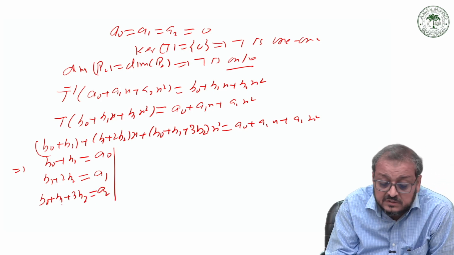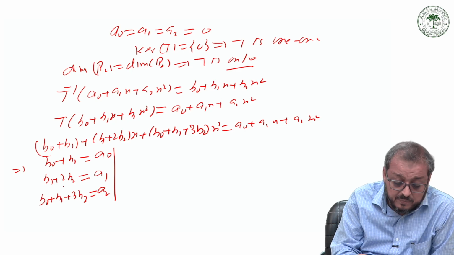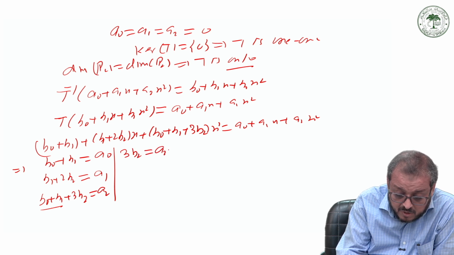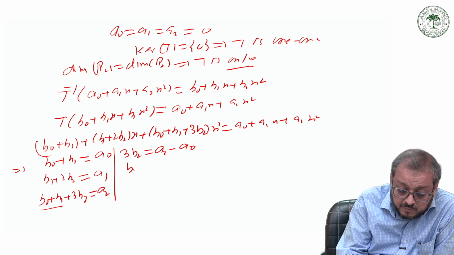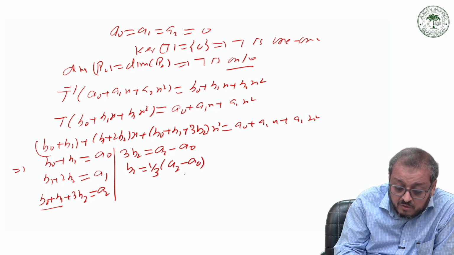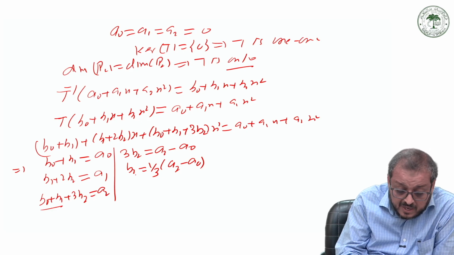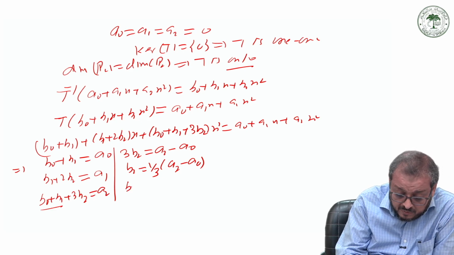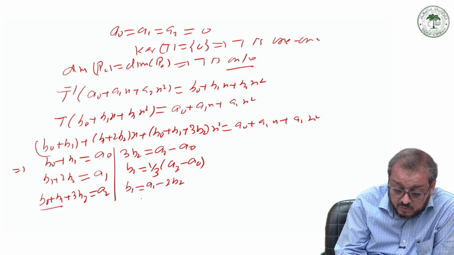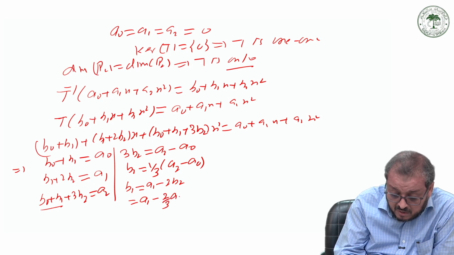Now, simplify these in terms of b naught and b3. So this means we can just take this. First, 3 b2 is equal to a2 minus a naught. So b2 is equal to 1 by 3 times a2 minus a naught. And b1 is equal to a1 minus 2 times b2, and this can be written as a1 minus 2 by 3 a2